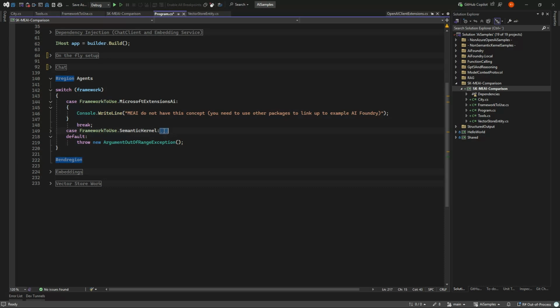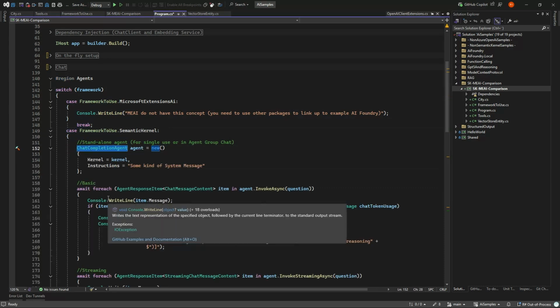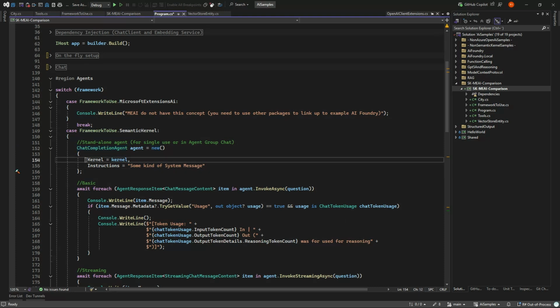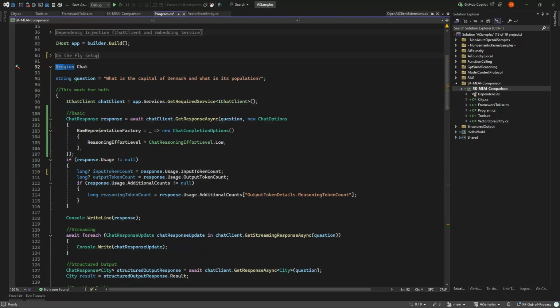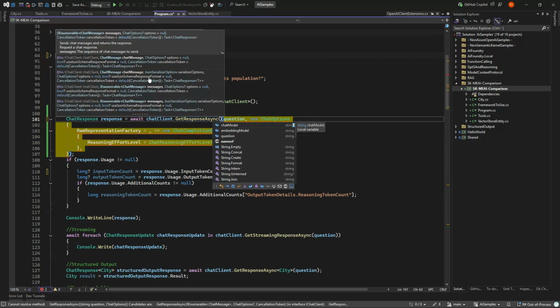When it comes to semantic kernel, we can do what is called a chat completion agent, where we can go in and tell the kernel, which I set up on the fly here, but I could also have done it using dependency injection. But we set up the agent, and the agent has built-in system messages. We didn't do anything up here with system messages and so on, but that would have been that instead of a question in here, we would have needed to put in a collection of chat messages where the first one would be the system message.